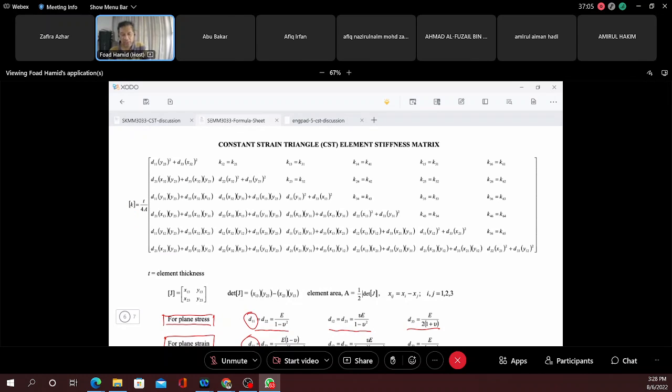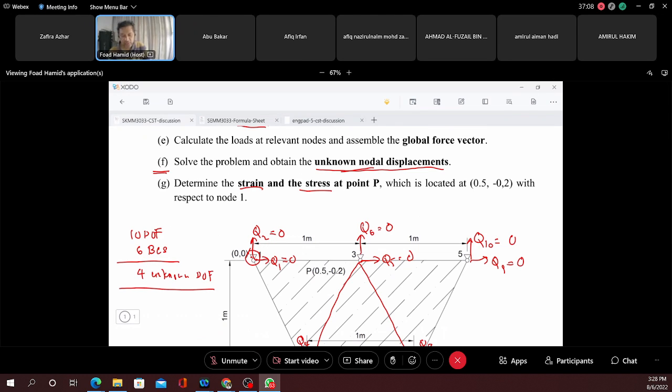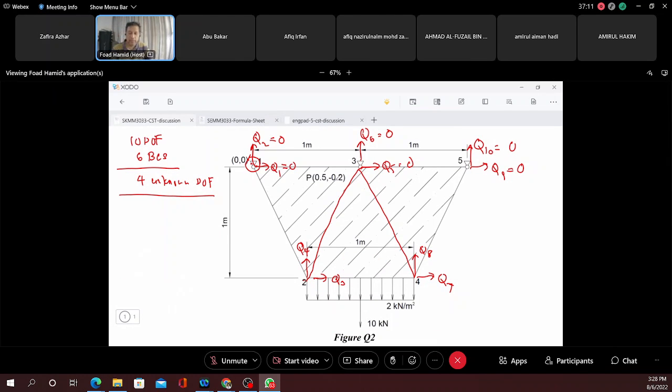Alright, so the next thing is this. Now we know that the symmetric shape and the symmetric loading can be taken advantage of. So macam mana kita nak buat ni? We only use half a model. Remember, in your project, you are using a quarter model, kan? Quarter model, because you cut it in half in the x-axis and in half in the y-axis. Because there are 2 axes of symmetry for your project. But for this case, it has only one symmetry axis, which is